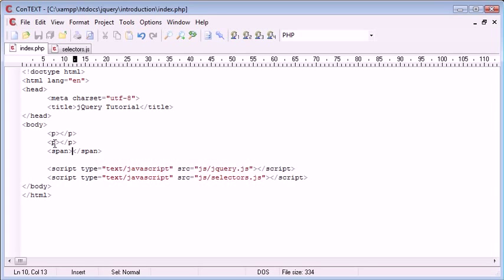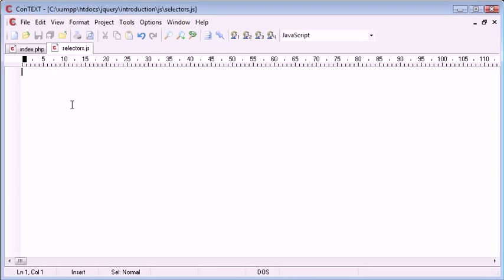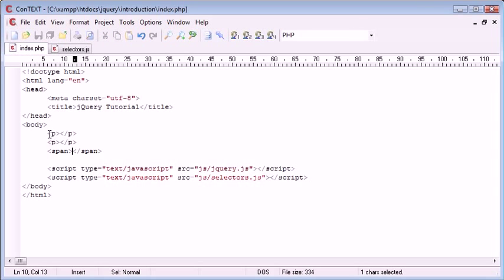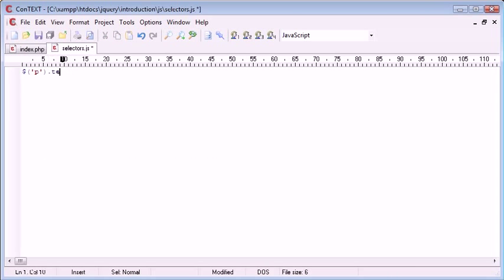So we've got a paragraph here and a paragraph here. We can simply reference we want to do something to a paragraph in particular, and this will work and carry out the same operation for every paragraph on the page. So inside selectors.js we want to say p. We've now actually selected the paragraph element. Now this would then apply to this paragraph here, and it would also apply to this paragraph here. However, we have a span here, so it would not apply to that. So inside selectors we can say dot text,